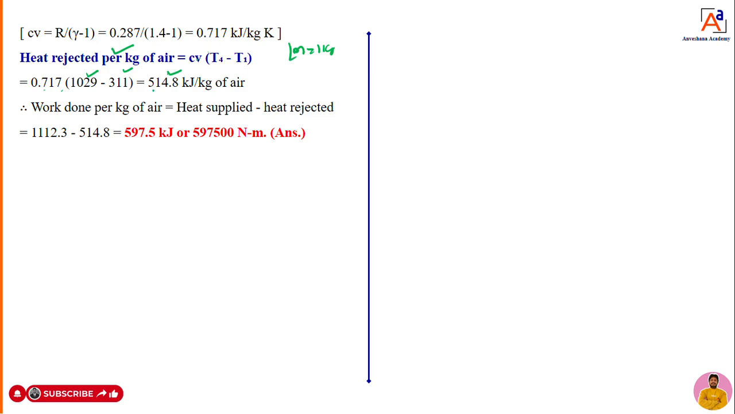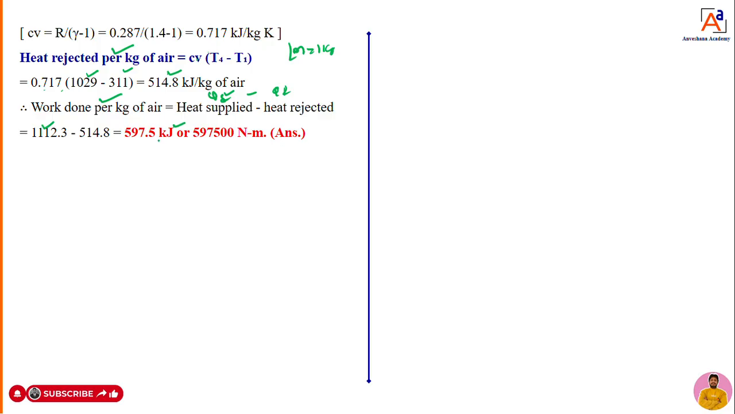Once you know the values of Qs and Qr, you can calculate the work done. As I told, work done is nothing but Qs minus Qr. What is Qs? We already calculated that, 3112.3, minus Qr, which is 514.8. Do simplification, you are going to get